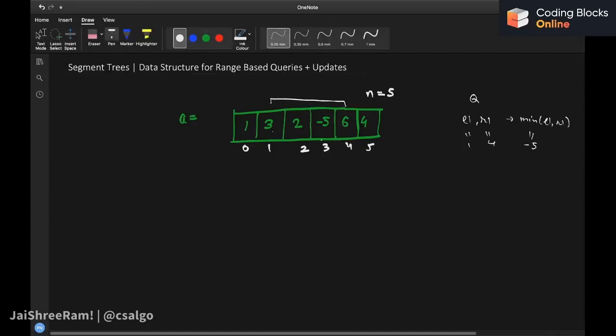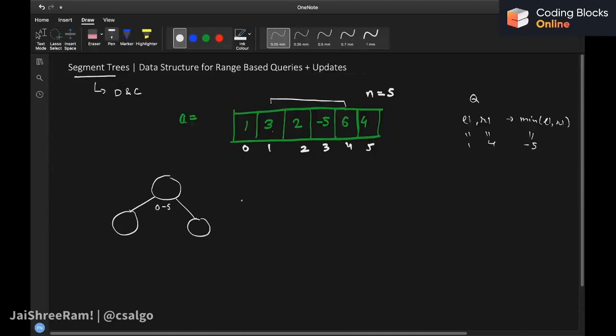Now we have to see how we can answer multiple queries by building a data structure. A segment tree is a tree like data structure, so let me draw a tree here. This is the root node of the tree, and it will be responsible for the entire array, so it will represent the entire range of the array, that is from 0 to 5. It's also a data structure based upon the divide and conquer strategy. The root node stores the solution to the entire array, that is 0 to 5, and the left part of the root node will store the solution for the array from 0